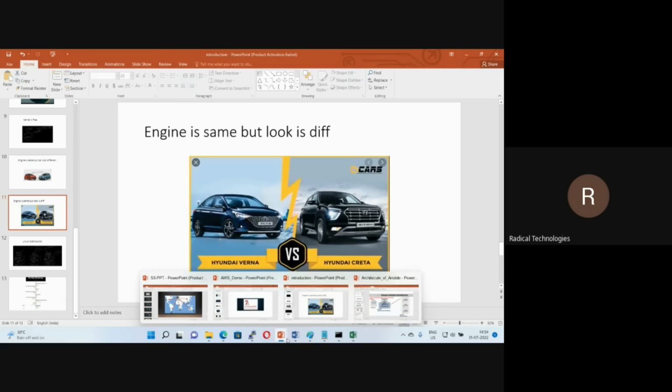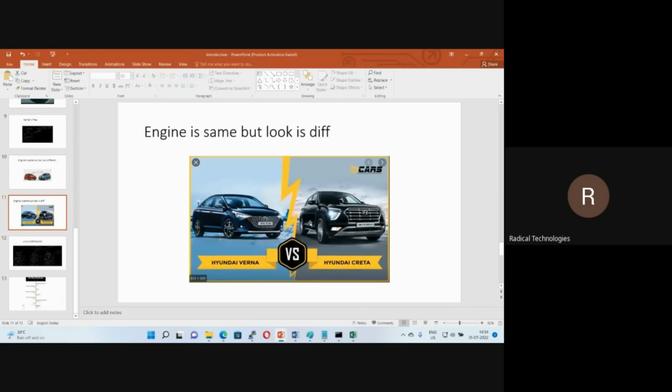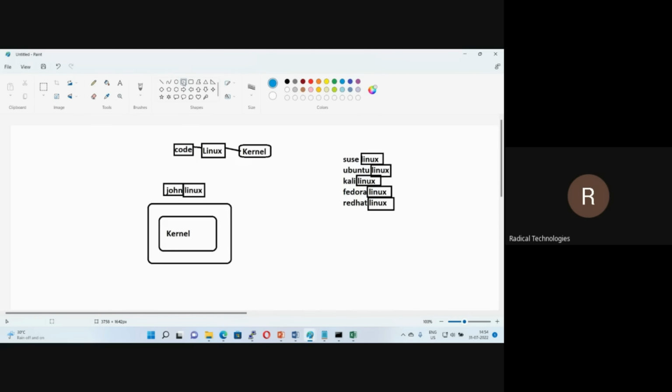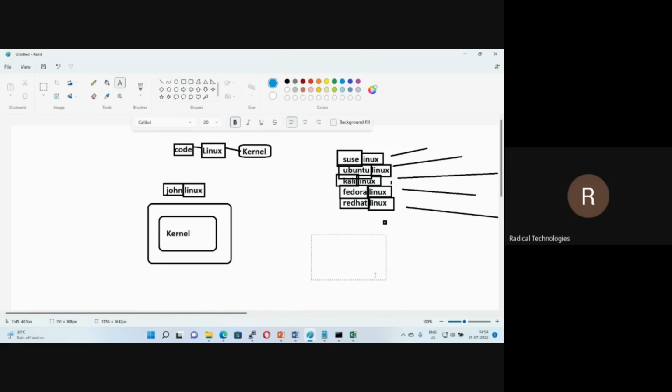So same thing here. If you see here, the architecture is the same, right? If the architecture is the same, then if somebody can work on Red Hat Linux, they can obviously work on Fedora Linux, Kali Linux, SUSE Linux, and Ubuntu Linux. Why? Because the architecture is the same, because everyone is using Linux. Same architecture, right, guys? Response me, please. Yes, sir. So 80% of commands are the same.